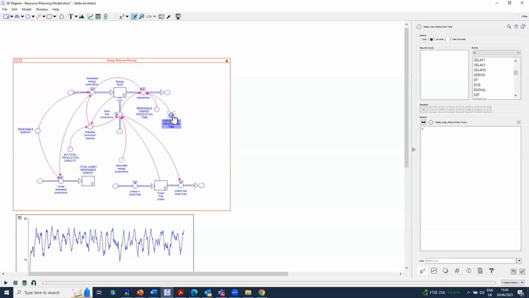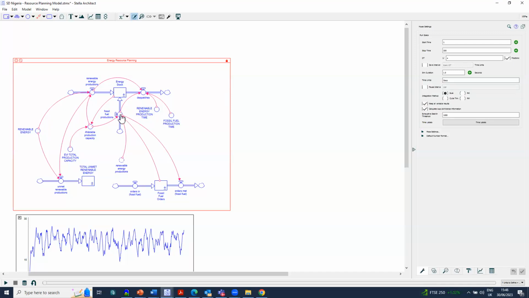For fossil fuel, it says 3. We put 3 there. If you want to change it from 3 to 5, if you do this, it changes the average of 3 to 5. We can also put that there. The model will allow us to do that. But there are instances where we have made some changes. So I want us to look at maybe one or two of the variables.